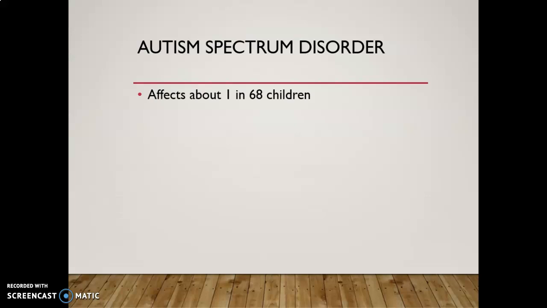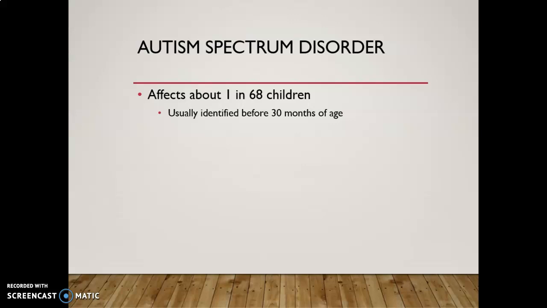It does seem to affect about 1 in 68 children. Realize that autism, like everything else, is on a spectrum. I mean, it's in the name. So it's possible to have just a little tiny bit of autism, and it's possible to be completely wiped out by it. So when we're looking at this number, don't assume that 1 in 68 children are completely wiped out by autism. They are not. This is usually identified before 30 months of age,